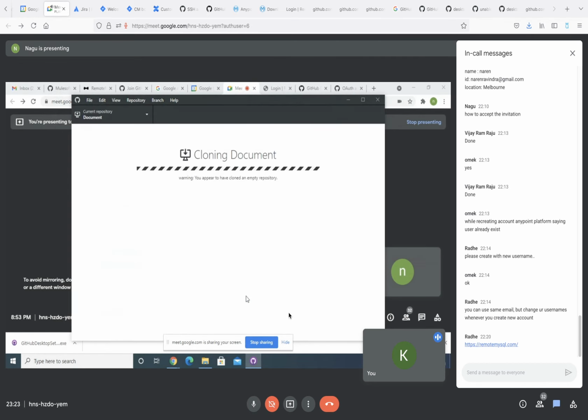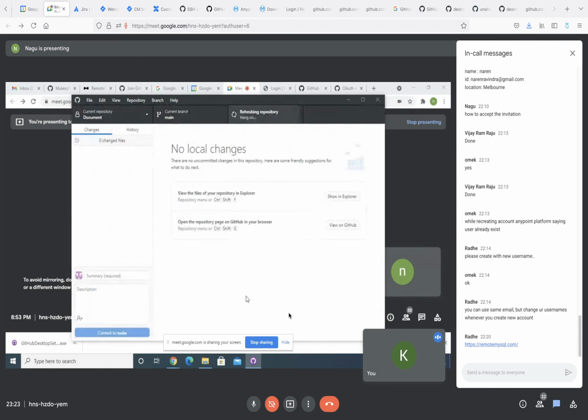Actually I just want to check your location. Now move your cursor to document. Don't click anything, just move your cursor on top of document, on the top left corner. Yes, keep your cursor there. See, user admin documents in GitHub, and inside that you have this document.